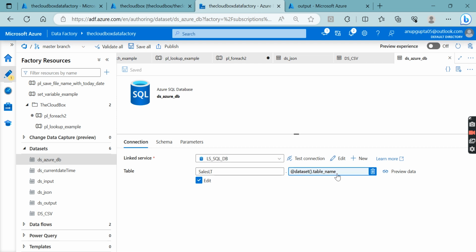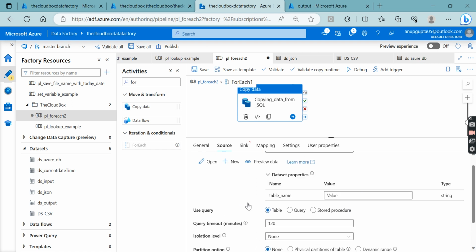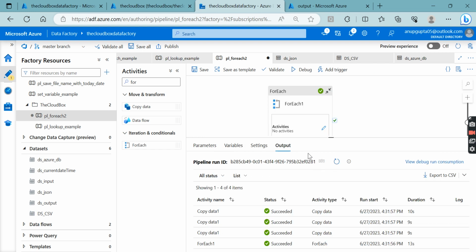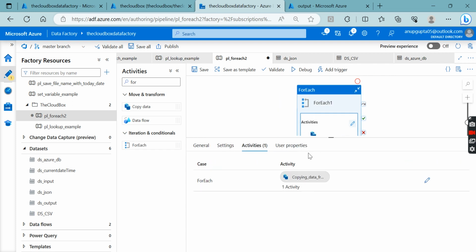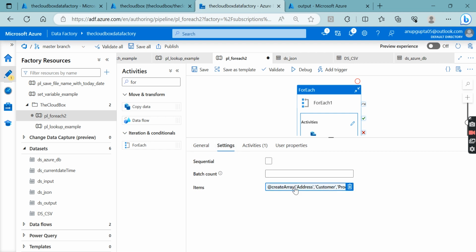For the table name, I have parameterized it. Parameterization is something where you decide the value at runtime. Great. We'll come to the pipeline again. Before I give anything, if I run this setting, first